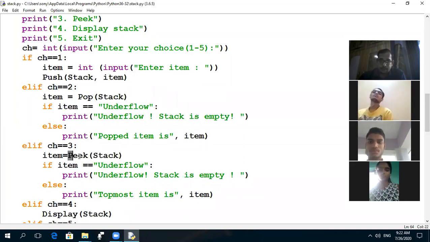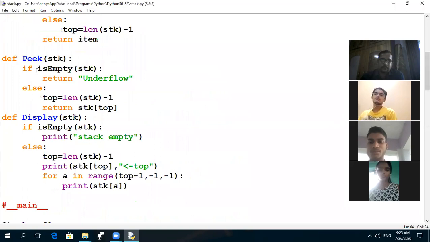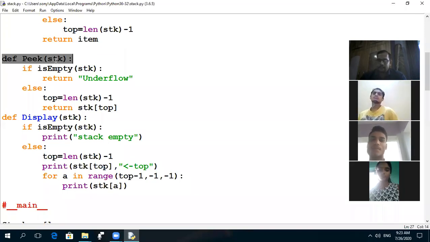See, with the help of peek operation, peek function will execute. Once it is called, it goes to the definition part. The value of STK is [10, 20]. Check the condition if is empty. No, this time in stack there are two elements present. So that means this condition is false.